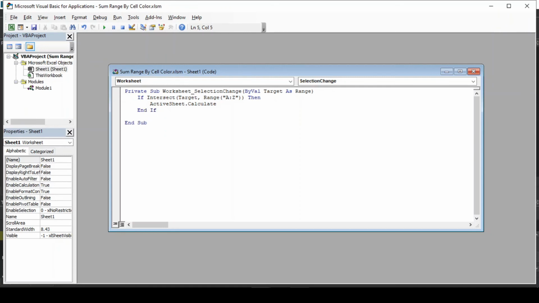What we have done here is that we gave a condition to the procedure that if our cell selection changes only between column A till Z, then only this procedure will recalculate the worksheet. I have intentionally given a bit higher range. You can be exact if you want.